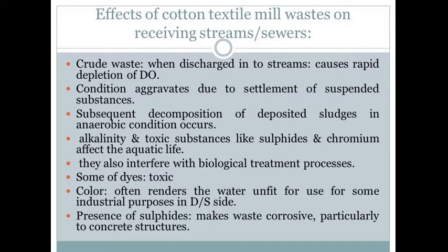So these are some of the effects of cotton textile mill waste on a receiving stream. First, it is unhealthy for concrete structures, and unfit for some industrial purposes. Next, it contains dyes, which are toxic and also interfere with the biological treatment process. And then there is alkalinity, or highly alkaline water, and toxic substances like chromium and sulfide, which affect the aquatic